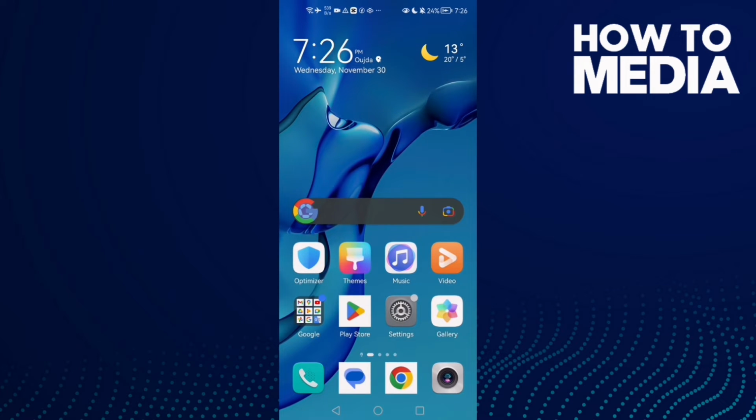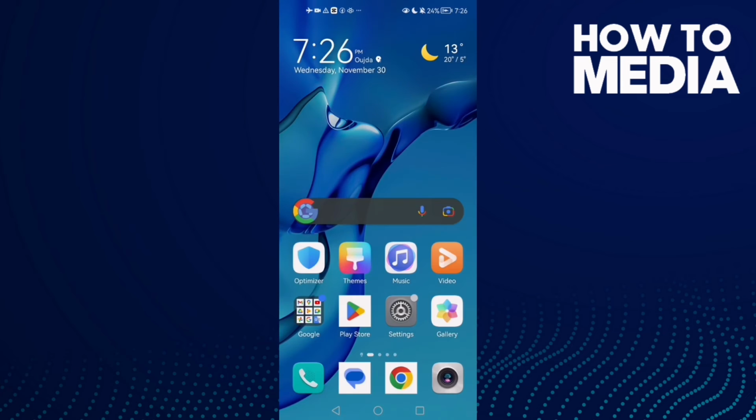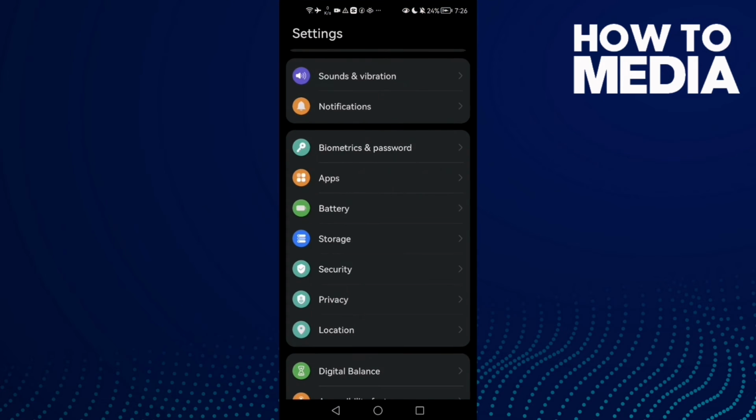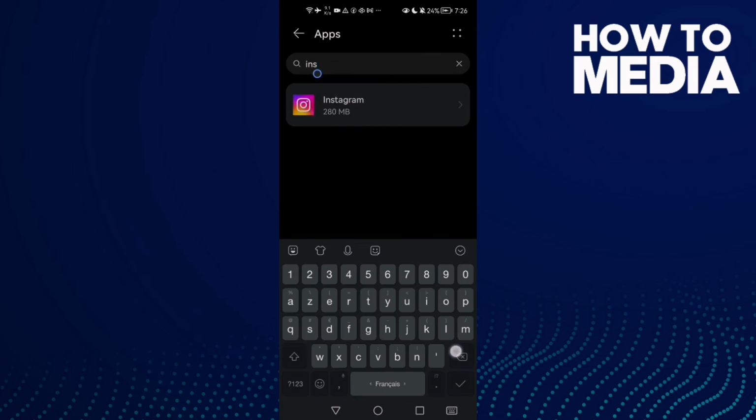next step. Go to this one here, turn off your Wi-Fi, restart your phone, open Instagram and turn it on again. And if that doesn't fix it and you have an Android phone, go to apps again, type here Instagram